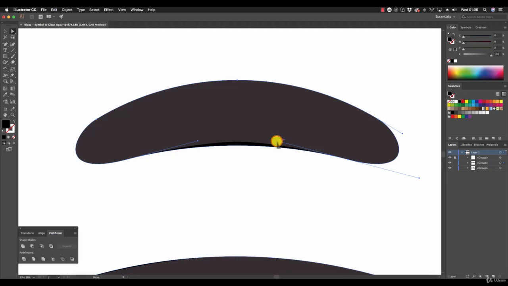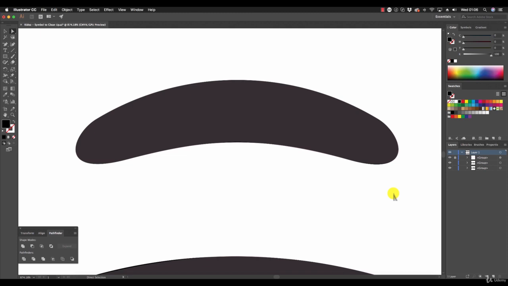So using this control handle to create that curve once again to match the version at the bottom. Bring the control handle in on this side. And there we have it. That's a more perfect curve, and we don't have the anchor points between, which could possibly cause disruptions in the